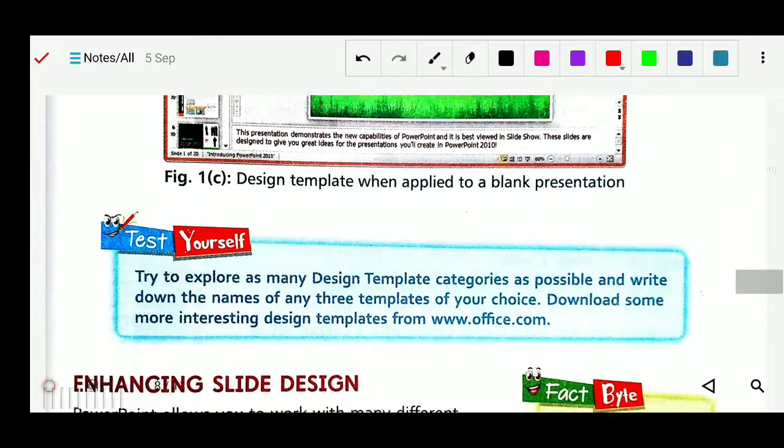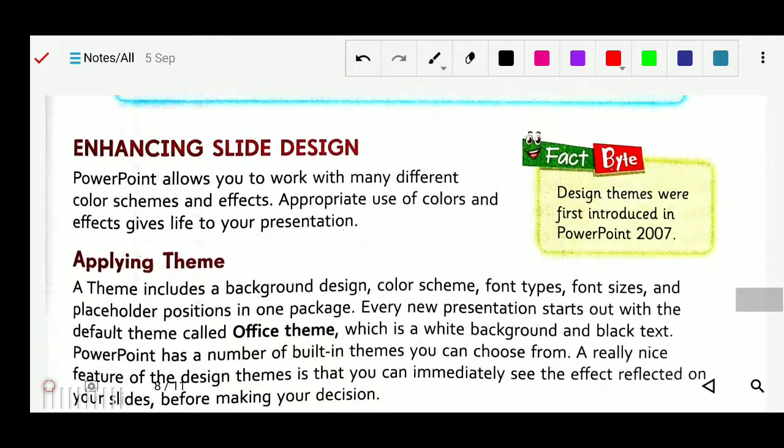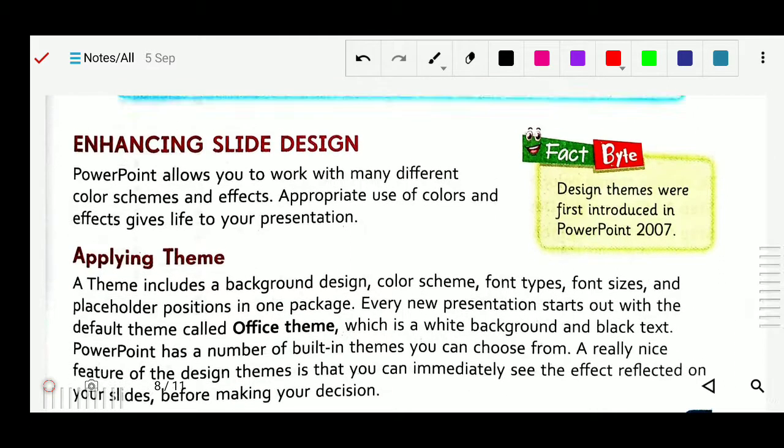Now next is enhancing slide design. Some ready-made slides are already available, and that set of ready-made slides is what we call a template, which has predefined styles.